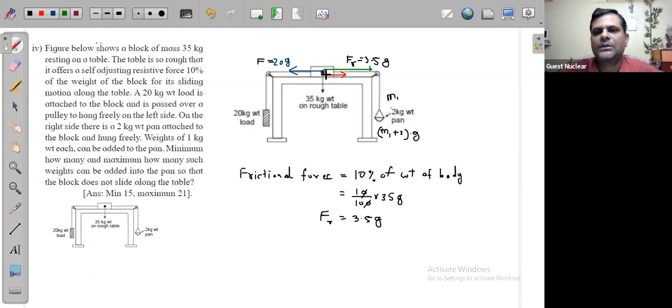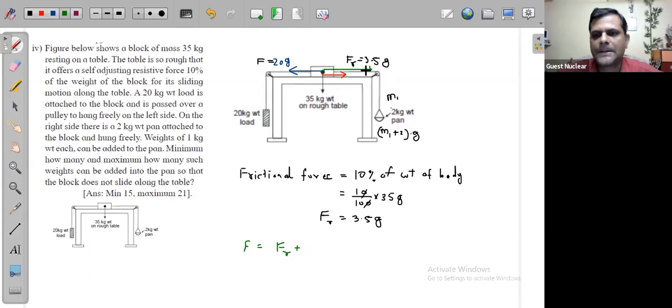But now for the equilibrium of this body, okay, ये body equilibrium में रहने के लिए क्या जरूरी है? Sum of all the forces must be actually 0. That means the leftward force, which is going to be this 20g, must be equal to the sum of this m1 + 2 into g plus 3.5 times of g. ये तीनों का हमको equilibrium condition consider करना है. Okay, so you can just have this equilibrium to be simply F must be equal to the Fr plus,